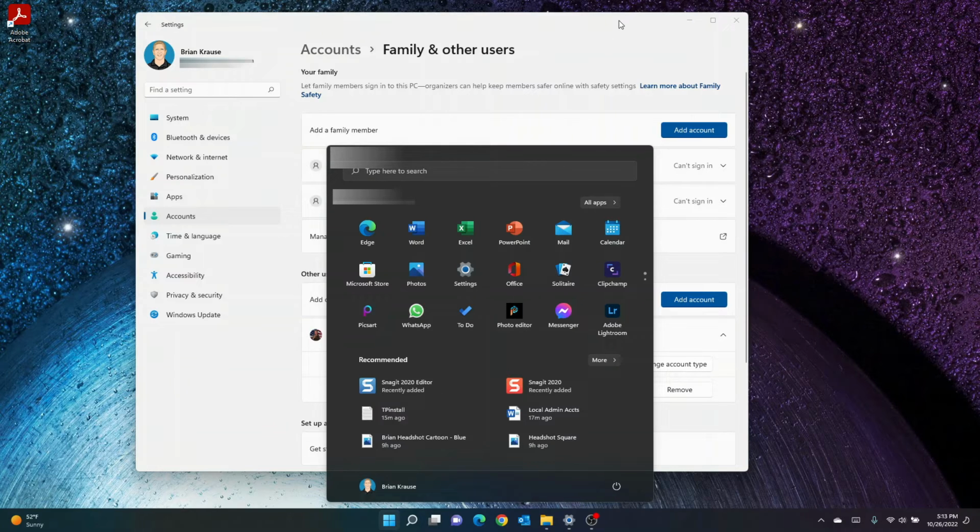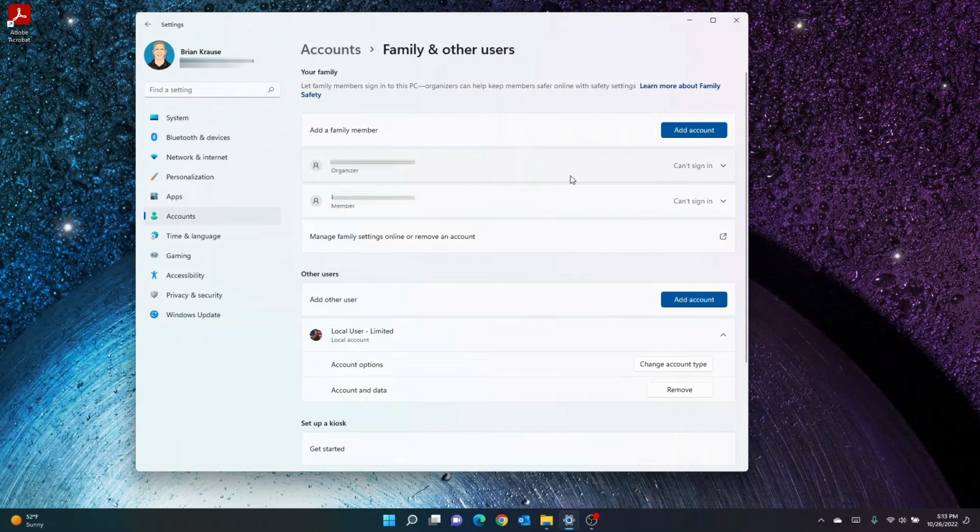Let's come back into our accounts here, and I'm going to show you a little bit more. This is just a great way to get an idea of what accounts are set up. And if I'm being super secure, I should always log in as that local user, which doesn't really have administrative access like my regular account or my default account has.